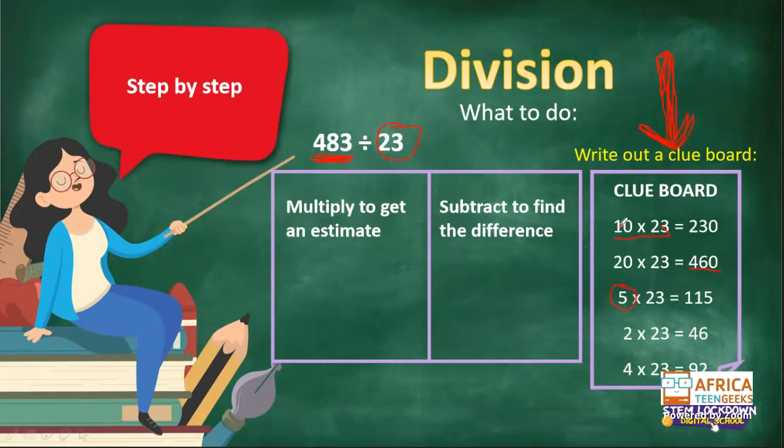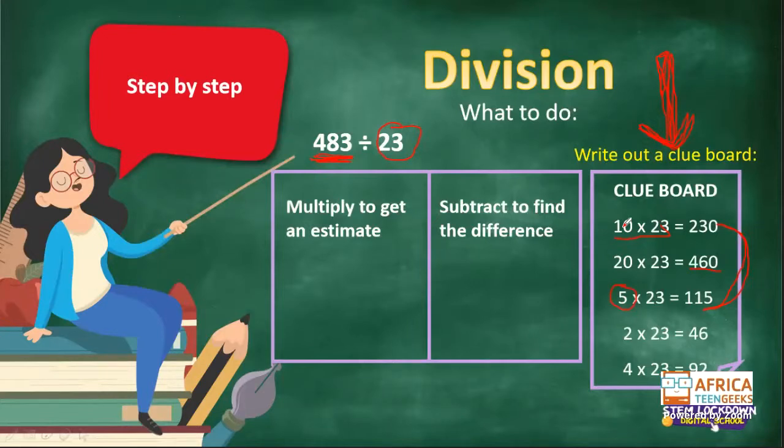Go back to your first one here. Because 5 is half of 10, right? So if I go from 10 to 5, that means I halve the number. So the same thing I will do to get from 230 to this answer. So you, in your clue board, that's really not something that takes you a long time, because 10 times 23,